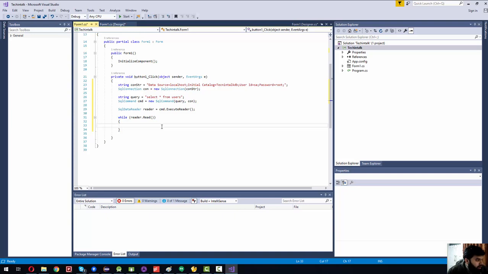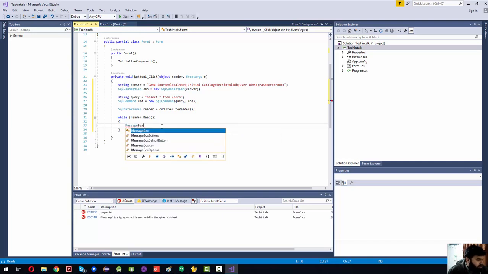So while reader.Read, and what we are going to use here is, let's say, MessageBox dot Show, and inside that Show